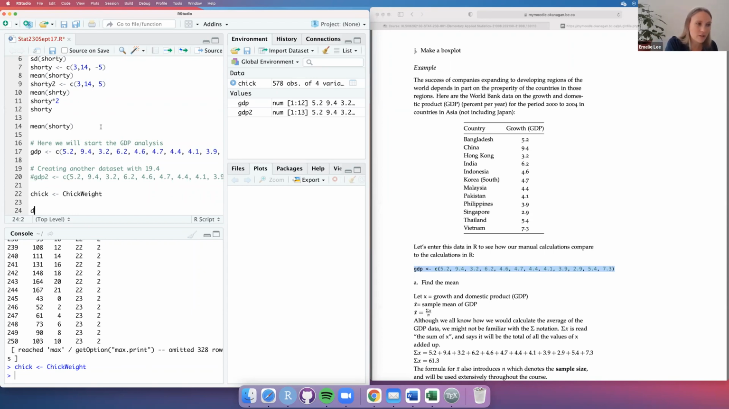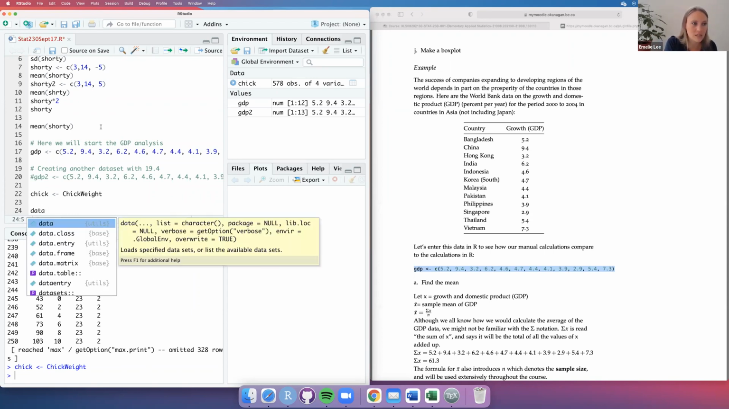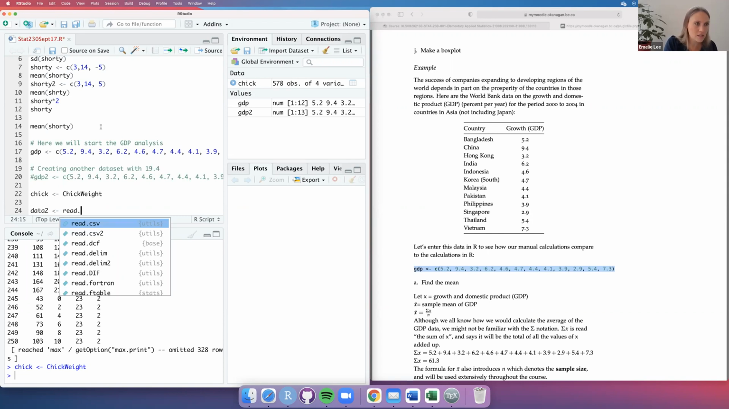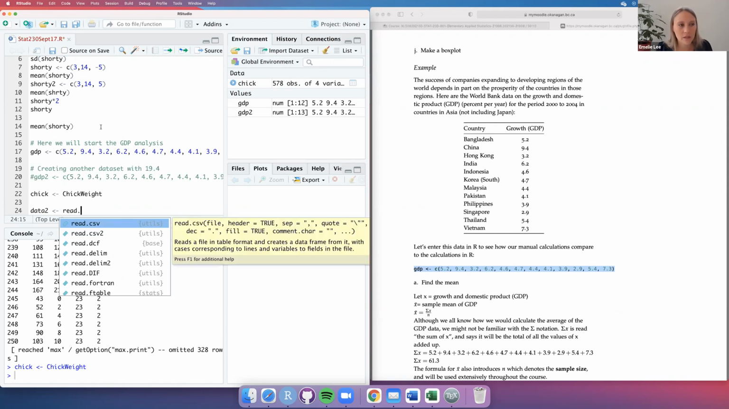But what if I just want to call it, so notice how data is kind of reserved. So I'll call it data2. And I'm just going to make up a fake import. So data2 is going to be, what is it? read.csv. And then it kind of helps us along, especially if you've worked in Excel. Excel also helps you with, yeah,